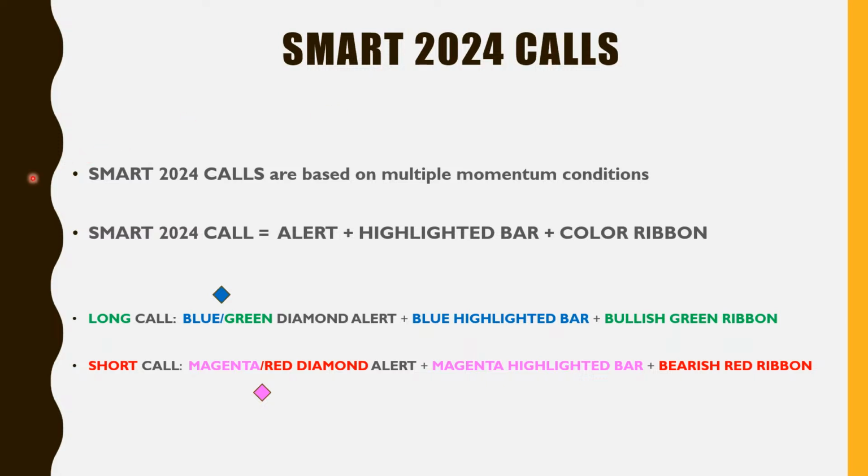The bullish bearish ribbon, which is based on a proprietary momentum trend criterion, is at the lower part of the chart. Highlighted bar, as I mentioned, magenta for potential down moves for bearish situation, and blue color for potential up moves. The alert, the specific alert, which is a diamond alert, could be blue or green, or magenta and red for your call. Okay? When we have the three visual elements, ribbon, highlighted bars, and the alert present at the same time,